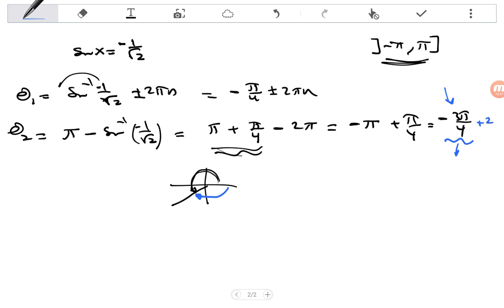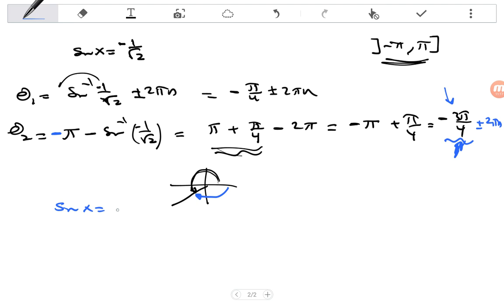Okay, and for that we just add the multiples of 2 pi. So this is the second basic angle and its multiples. In this case we will subtract also 2 pi, which means that in this case it will be minus pi minus sine inverse of that value. So we can summarize